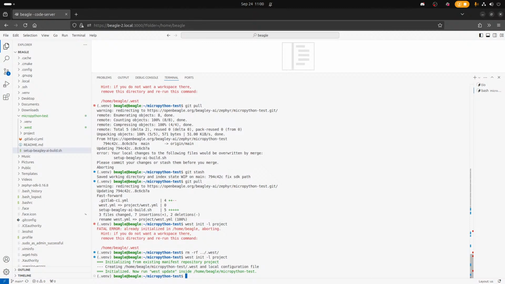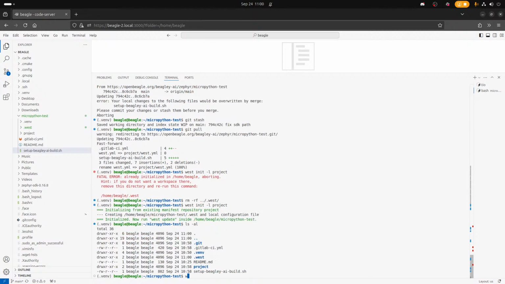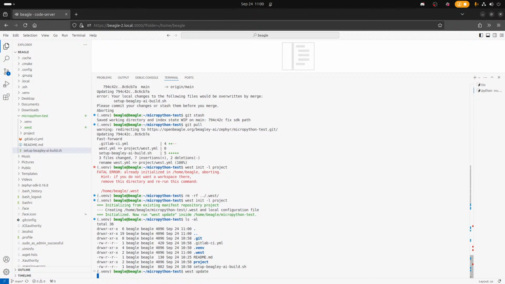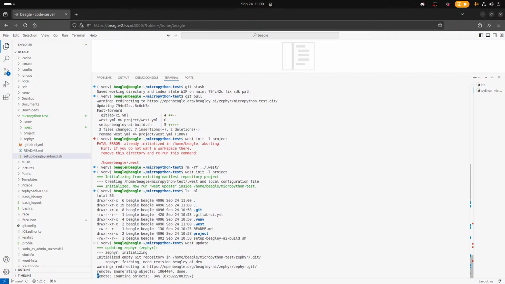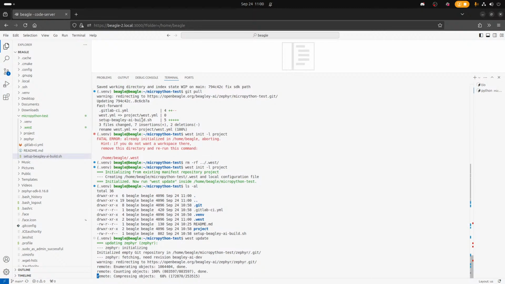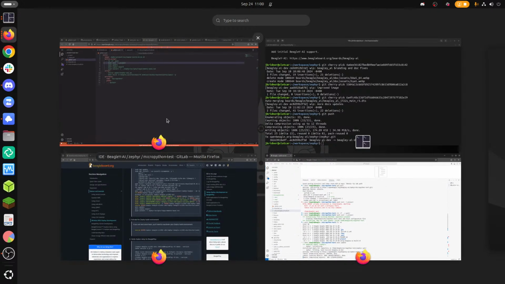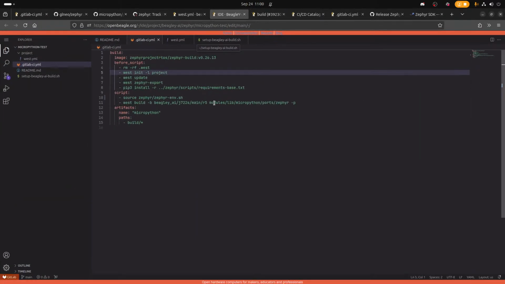Okay, weird. Yeah, it looks for the west thing. And now our build path is going to be project? What's just going to be modules? Okay. Yeah, build paths will stay the same.